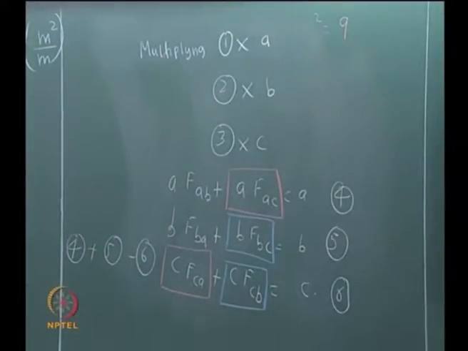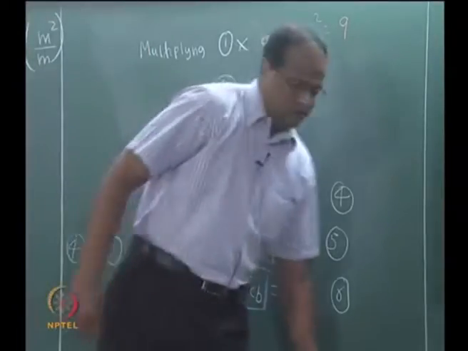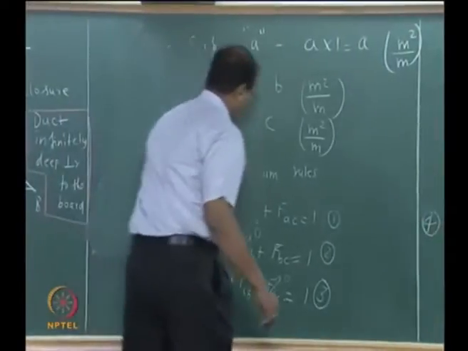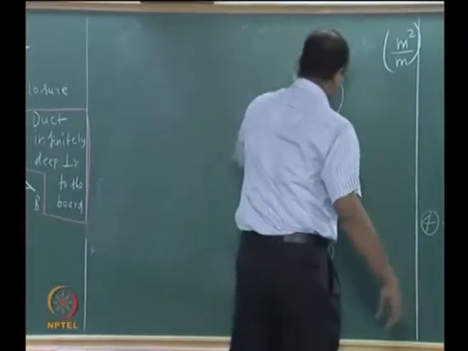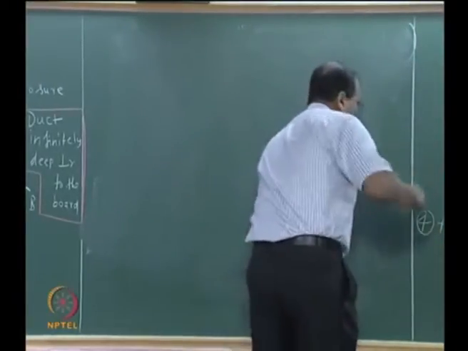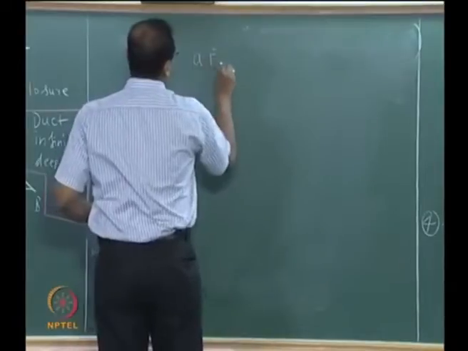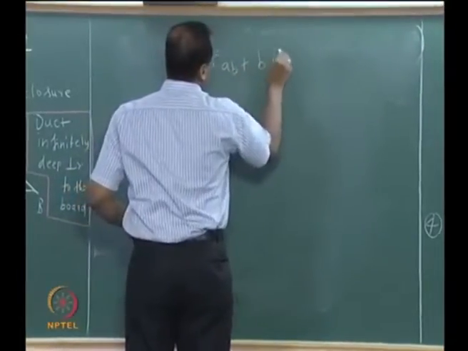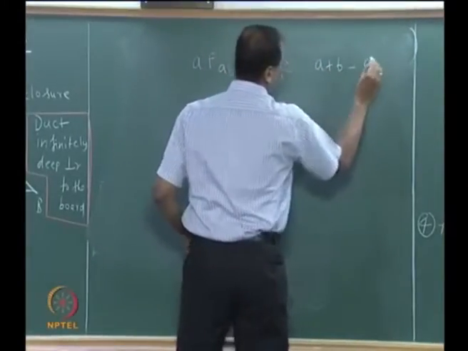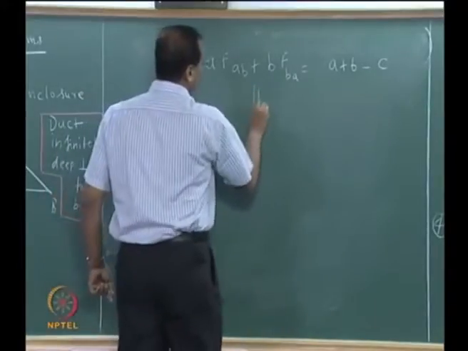Whatever is indicated in red color is the same, and we are subtracting one red from the other red. We are also subtracting one blue from the other blue, right? So what remains in equation 7 is, do that, you get, so this is nothing but